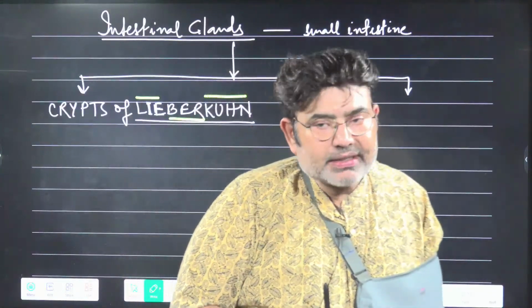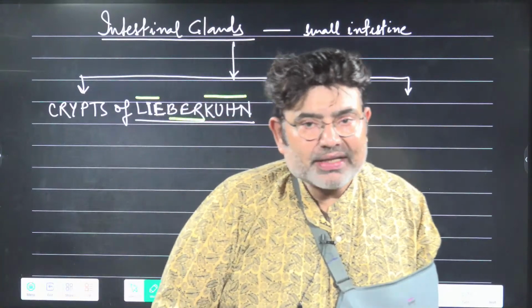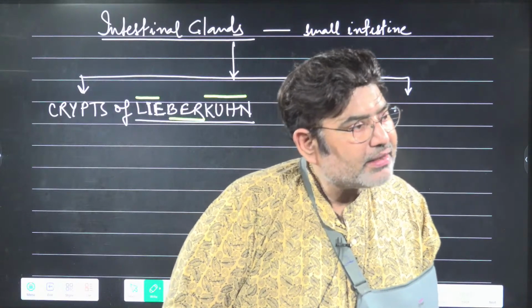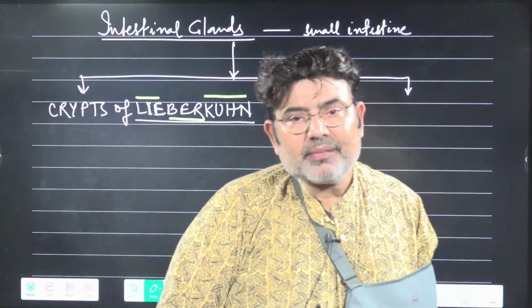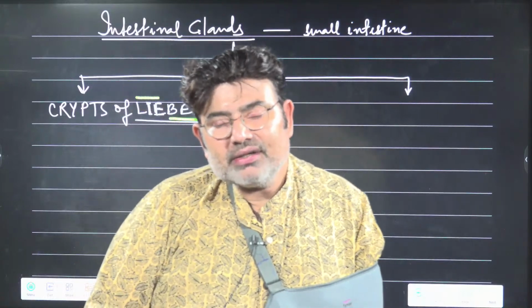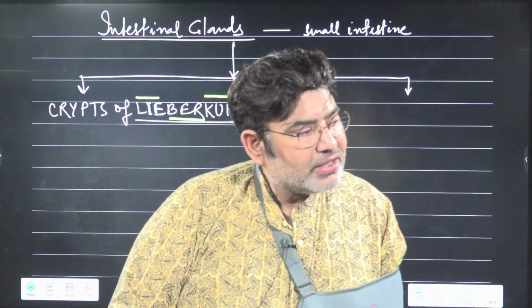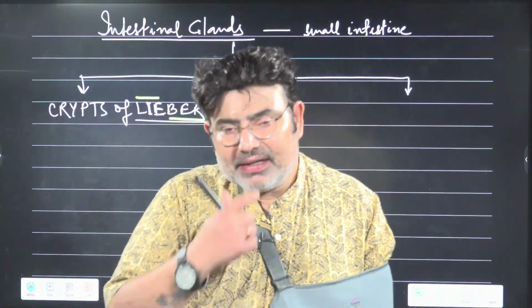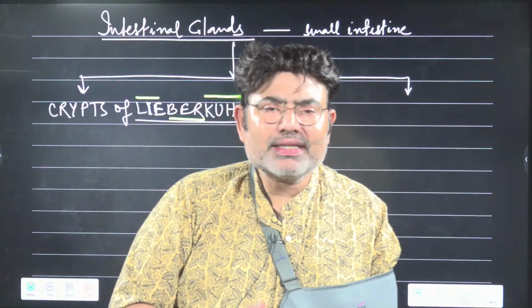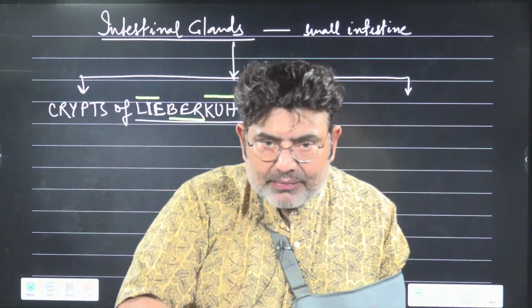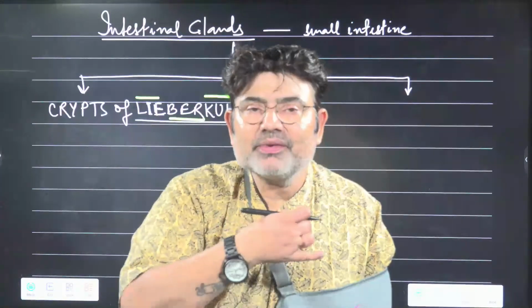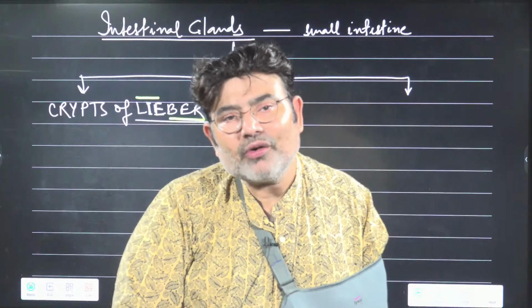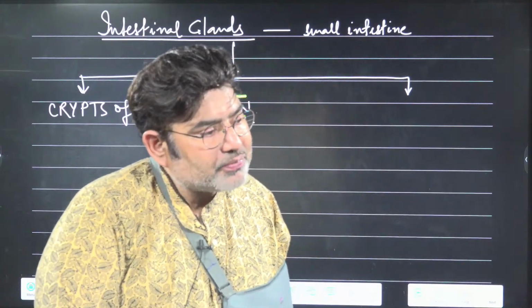And the other one, any other? Do you remember any other gland in the small intestine? Given the hint, who will tell me? Priyanka, Pavani, Rohit. Okay, who will tell me the answer? Goblet cells. Yes, some substantial goblet cells are present in the entire mucosa. They are also present in the mucosa of esophagus, large intestine. So obviously, I'm not asking about the goblet cell. Any other gland, brush border cells.